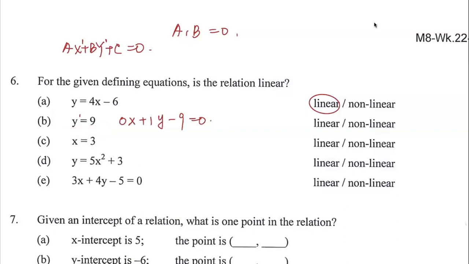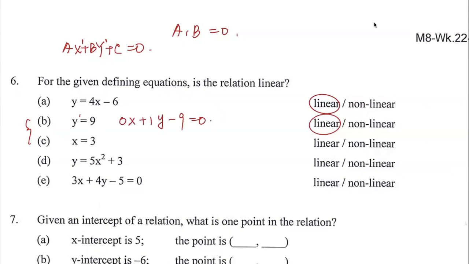If we compare the coefficient, we can tell that the coefficient of x is 0, which means a is 0, right? But b is not 0. And the degree is 1 for both x and y. So it also satisfies our conditions. So this is a linear relation. Okay. With the same logic,